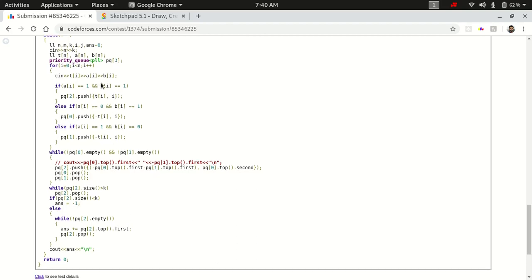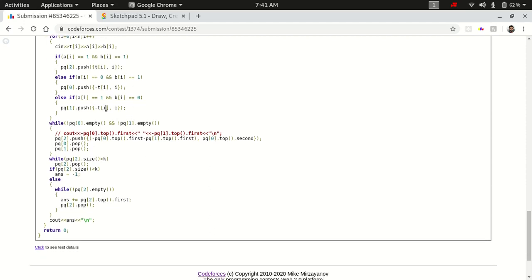Priority queue 0 will store all the points which have ai value 0 and bi value 1, priority queue 1 will store all the points which have ai value 1 and bi value 0, and priority queue 2 will store all the points which have ai and bi both equal to 1.